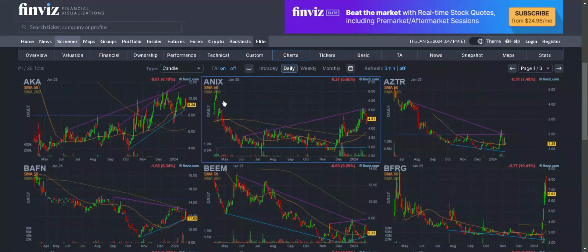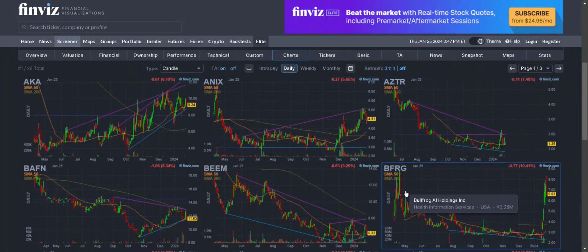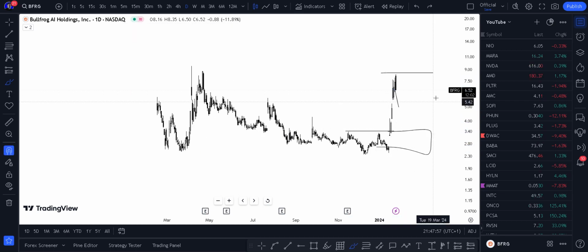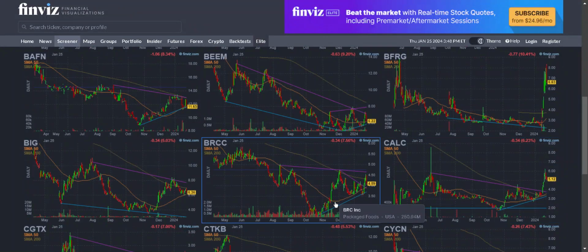Now let's see the next example. Let's search BFRG. Boom, right? You see, previously it was going down. Now we start to see some huge increases here. So it started to break higher. Now this is at the high, so probably never take your trade whatsoever. But if it ever comes into here and gives me some rules, again, we're playing the long game here, and it's just going into it and trying to find some stocks